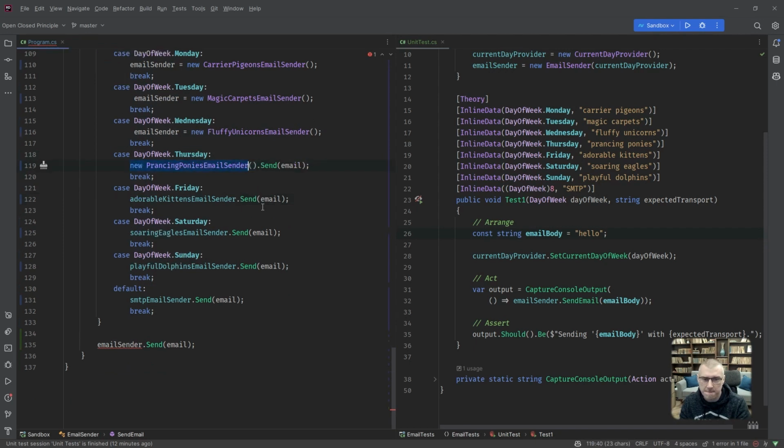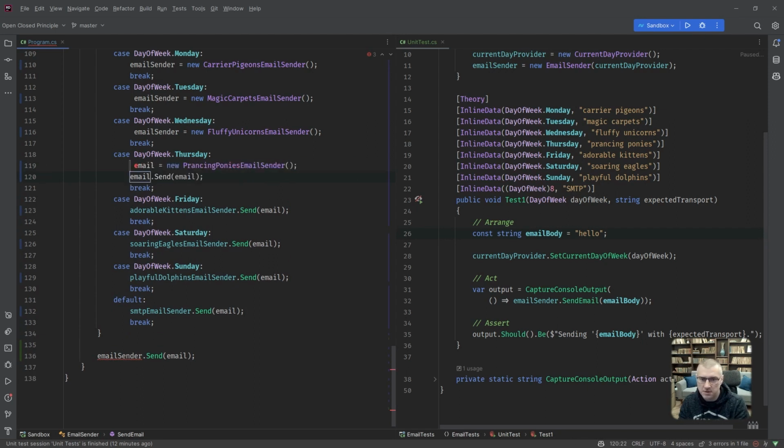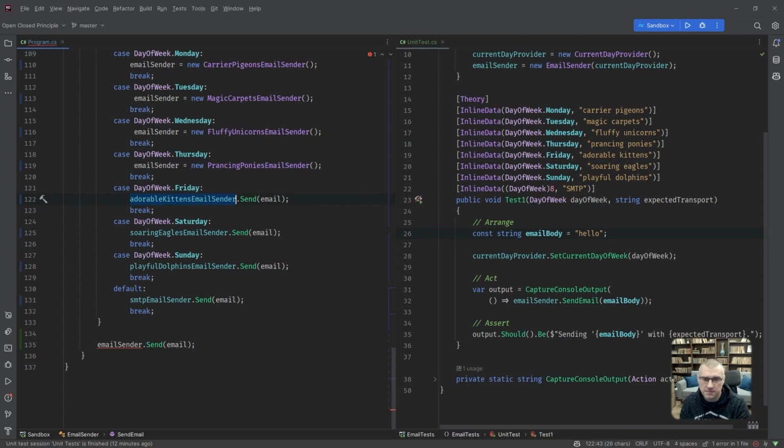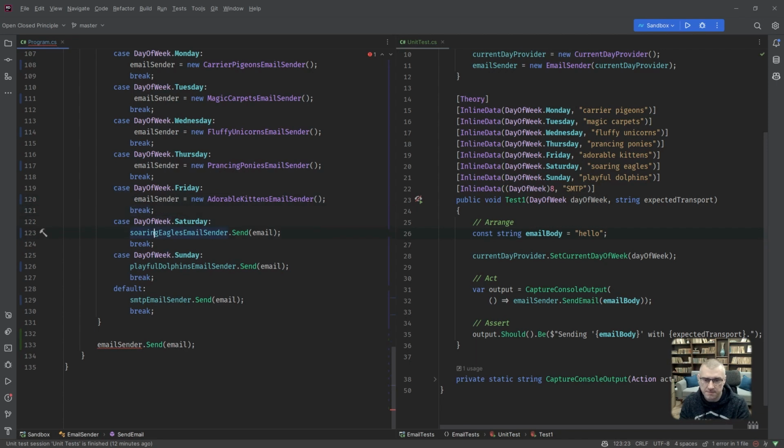Inline field. Introduce variable, email sender. Inline field, variable, email sender.